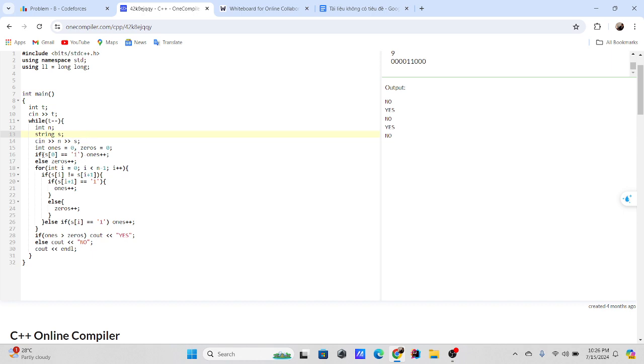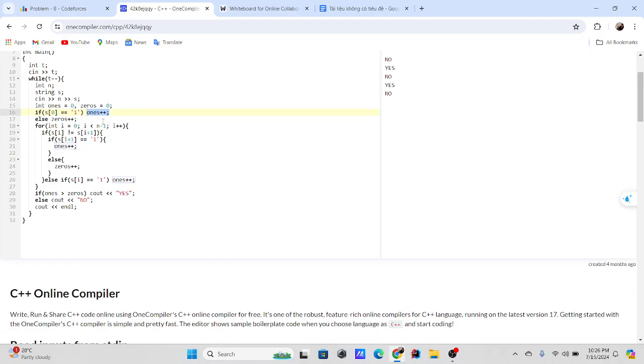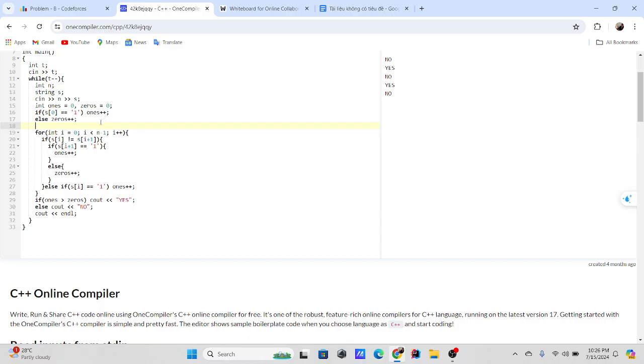If the first character is 1, we add 1 to ones, and if it's 0, we add 1 to zeros. Next we run a for loop from 0 to n minus 1. If s[i] is different from s[i+1],